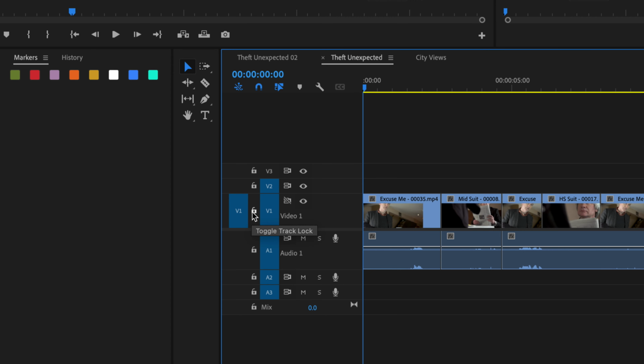If you don't want anything on an entire actual track, we want to toggle on the lock down here. That's a track lock, which won't allow us to do any edits on there. So if we have sync lock on, it's going to shift them together, helping keep the tracks all synchronized. If we turn it off, it's going to allow them to move around. If you have something specific on a track and you don't want it to get messed up, track lock it. You don't have to worry about it. Anything you drag or drop in there is always going to go on a different level for